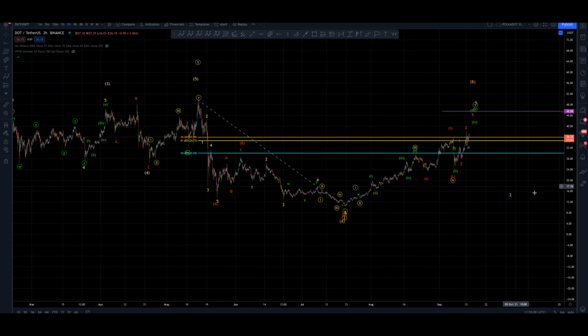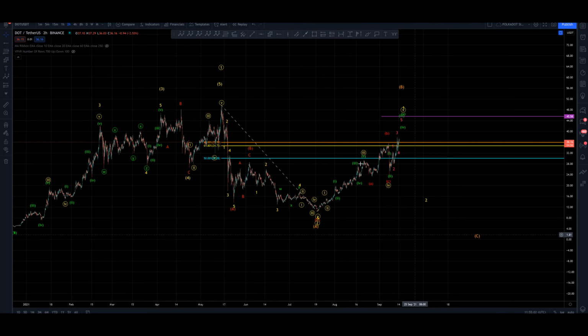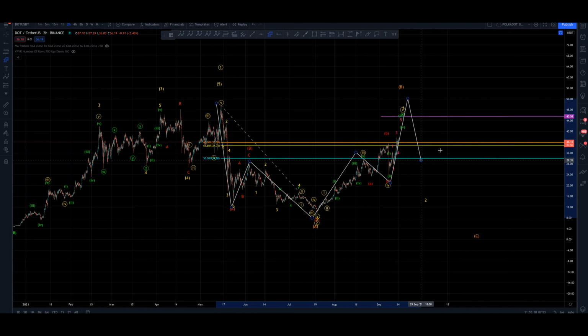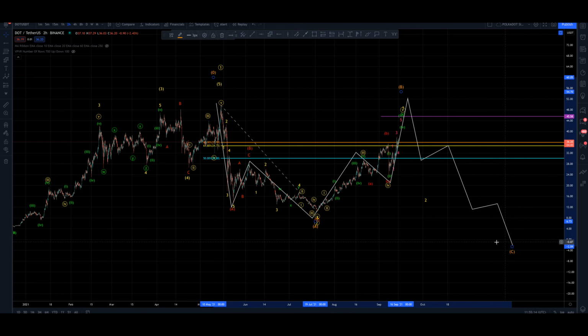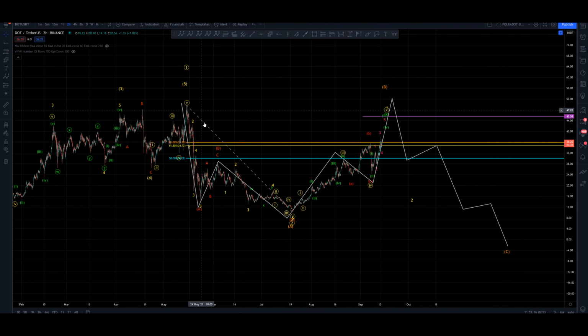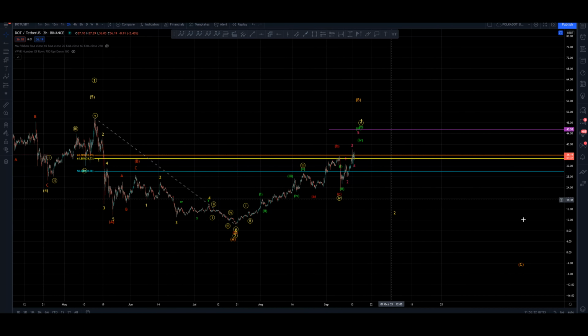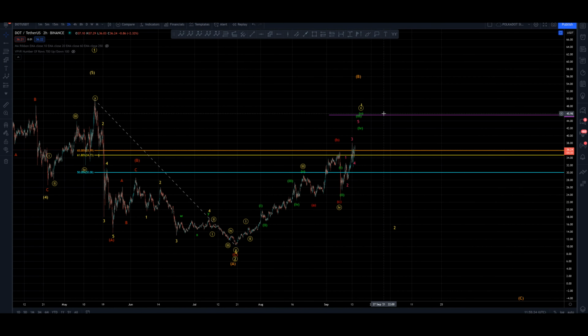So what I mean by 335 flat pattern is this is a 3-wave pattern, okay, and then this will be a 3-wave pattern, and then this would be a 5-wave pattern heading lower into a C. That's the only bearish option I see at the moment. If this is a 335 and into a deeper primary 2, then I would expect to see it retrace all the way up to this purple line here. I'm just going to save that in place, put a price label on it,